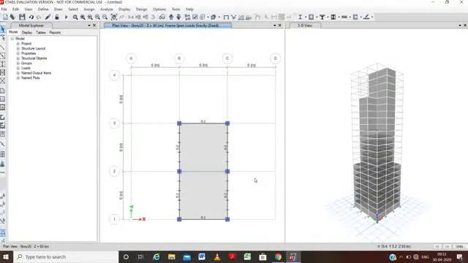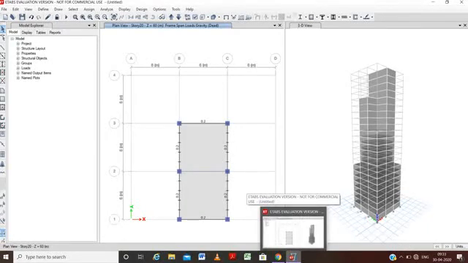And you can watch that all the stories are now given the auto cladding loads. Now as for this, it is very easy and it is easily done. Now we have to provide the wind load here. For this we have to use the IS code, that is IS 875 for the wind load option.